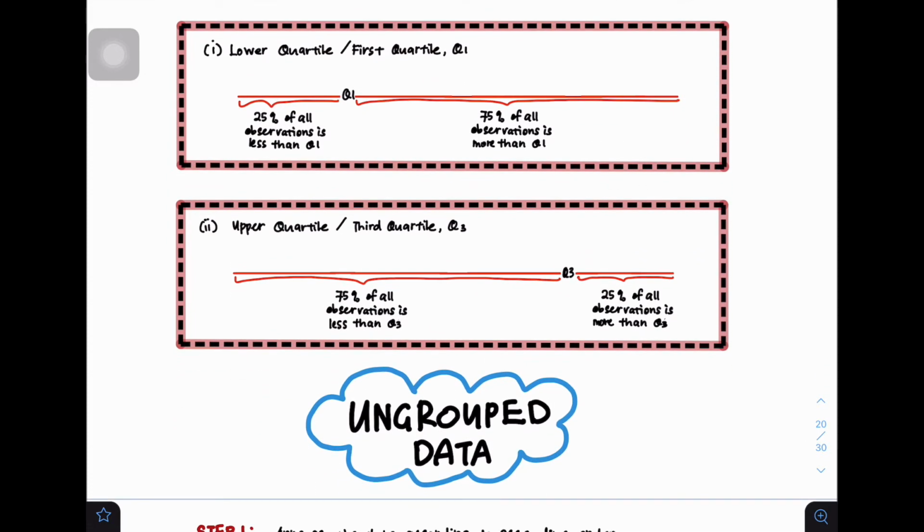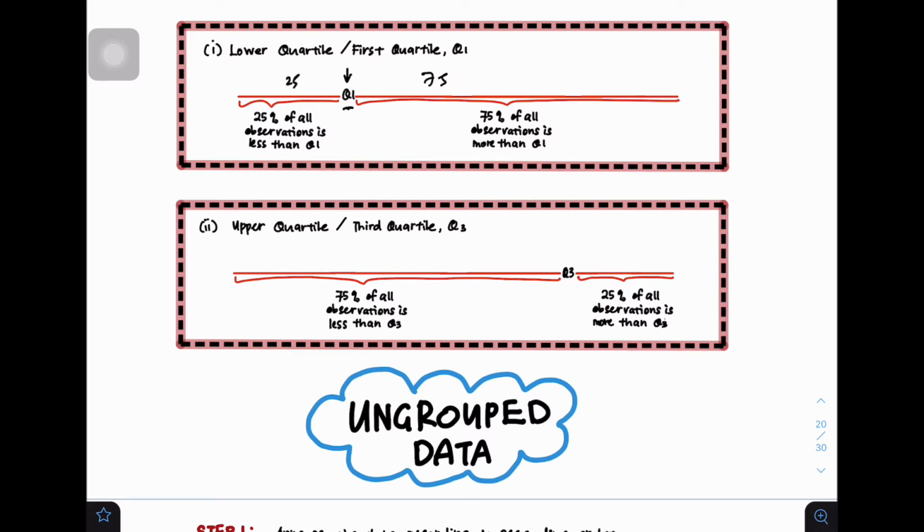So what is the lower quartile? So kalau lower quartile ni, Q1 ni, okay, bermaksud di sini adalah point di mana di bawah point itu ada 25% of the observation. So kalau awak tengok the first quartile, the lower quartile, okay, 25% of all observation is less than Q1. Because dia duduk sini 25-75. Data kita ada 100%. So 25% of all observation is less than Q1, and 75% of all observation is more